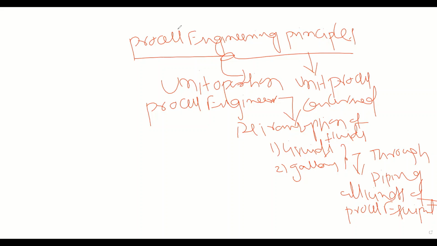What I said here, the first point is: when the process engineer enters the biotech industries or pharma industries or biopharma industries, he is going to deal with the transportation of fluids, either liquid or gases, through piping and all kinds of process equipment. What are all kinds of equipment? Heat exchanger, distillation column, boiler, condenser, evaporator, all these things. For that, what is going to be required? Being an engineer, the process engineer requires